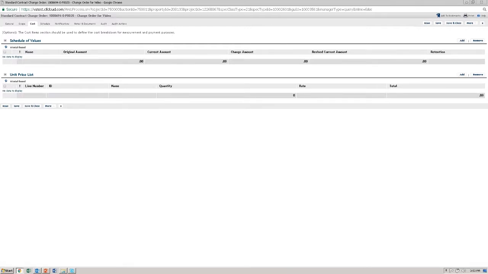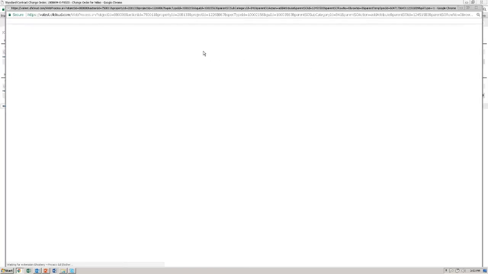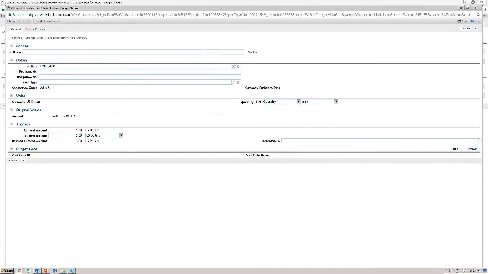So in the cost tab, we will find the schedule of values section. Here we need to click add. So let us create a new line item to modify the contract. In the name section, you'll enter the full name of the pay item. This will show up as the contract invoice line item when you do an invoice. So for example, I'm going to type P0020 dash the line item number 001 dash the name